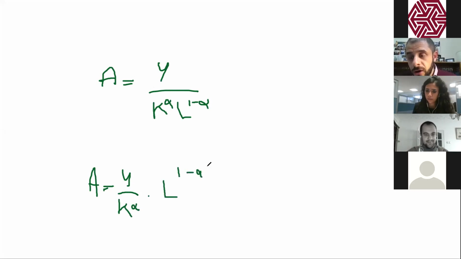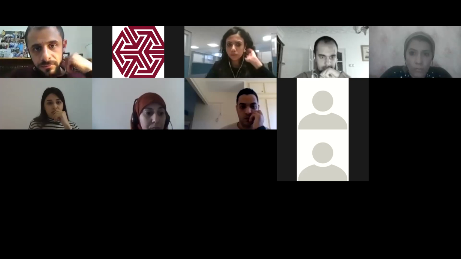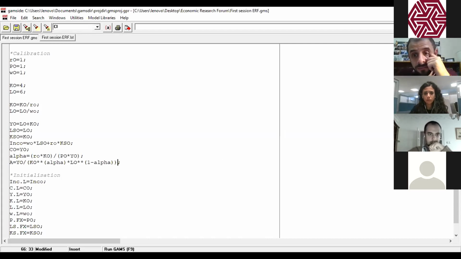So the absence of the bracket will lead to this, and this is inconsistent with what we have in the equations and from a theoretical perspective. So I will stop sharing. Aziz, please share your screen again. We have to add a bracket before the K and after the 1 minus alpha. Exactly. Run the model again.